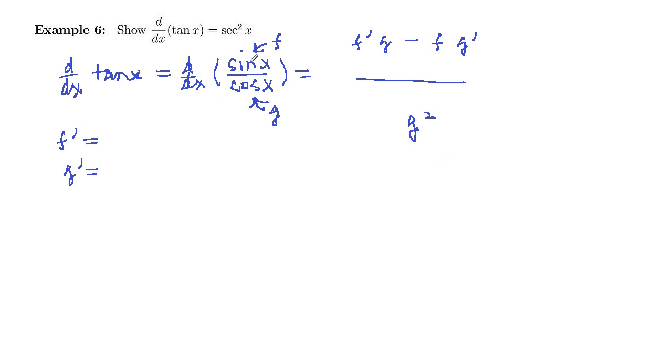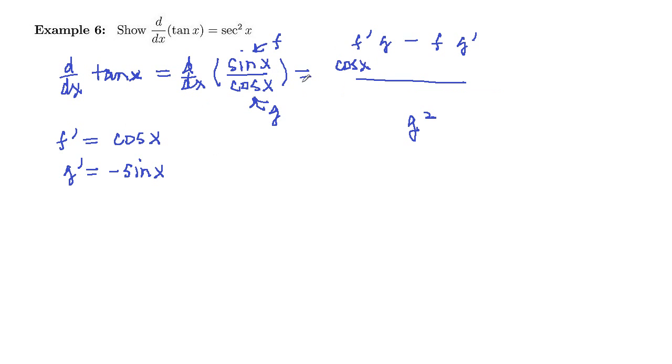So f is sine x, derivative of sine x is cosine x. That was our formula earlier in the section. And derivative of cosine x is negative sine x. So they're derivatives of each other, but the cofunction has a negative sign. So f prime then is cosine x